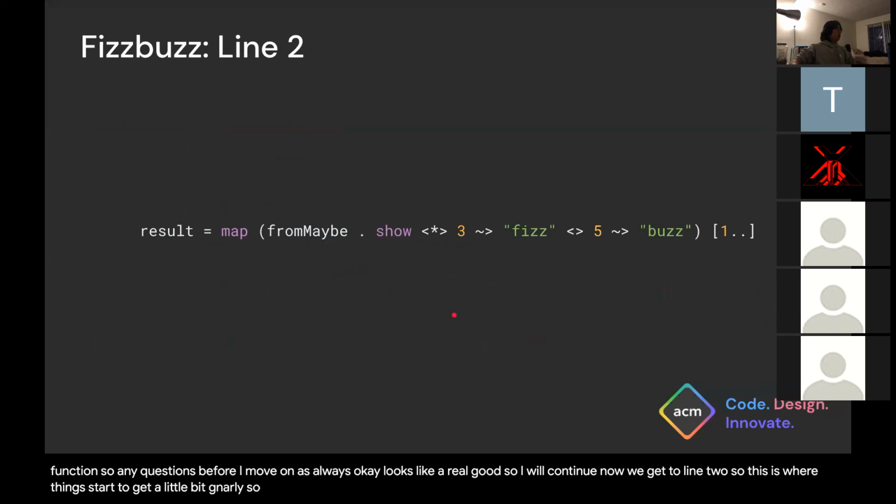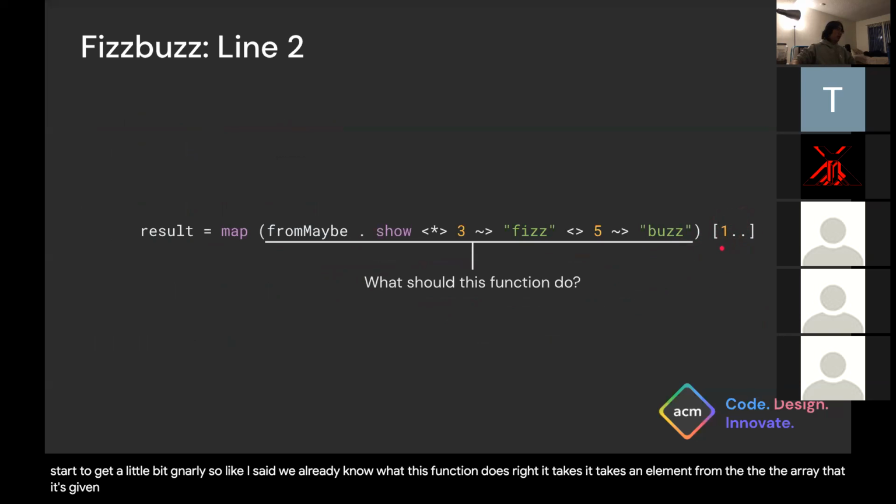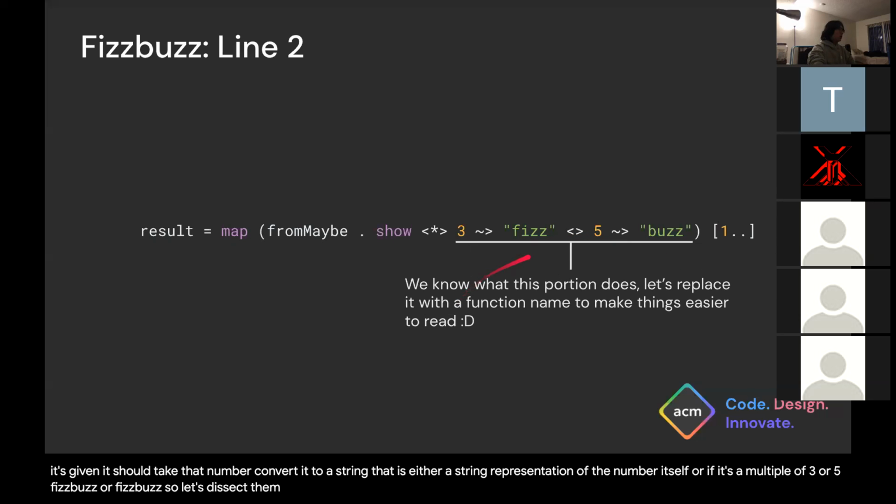Like I said, we already know what this function does, right? It takes an element from the array that it's given. It should take that number and convert it to a string that is either a string representation of the number itself, or, if it's a multiple of 3 or 5, Fizz, Buzz, or Fizzbuzz. So let's dissect that. First off, we already know what this part does, so let's condense it into something